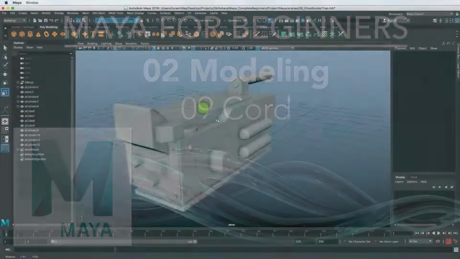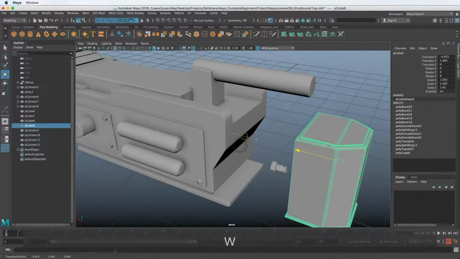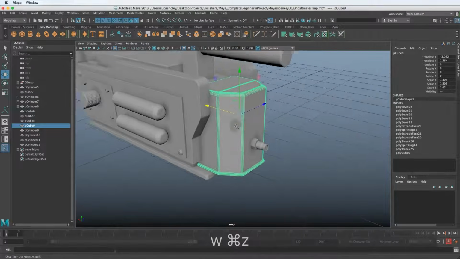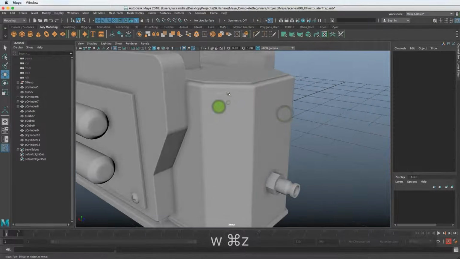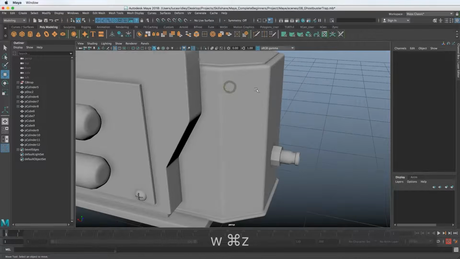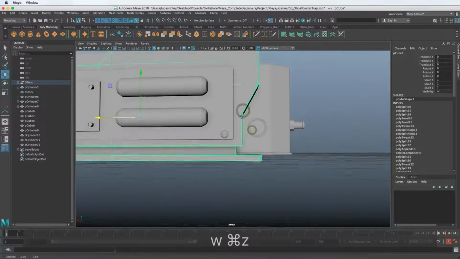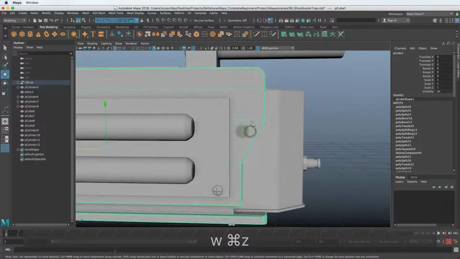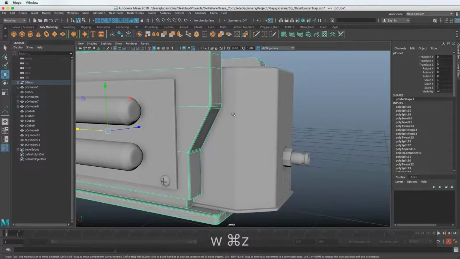Welcome to the last lesson in the series of creating this Ghostbuster trap. In between the previous lesson and this one, I just made this little back end piece here. And I just basically did that with all the techniques we've already learned. I extruded the top of it to make this little kind of a rim, and then I beveled all of the edges. And I also added this little kind of a wing here. So I added edge loops here, and then I beveled those kind of corners there.